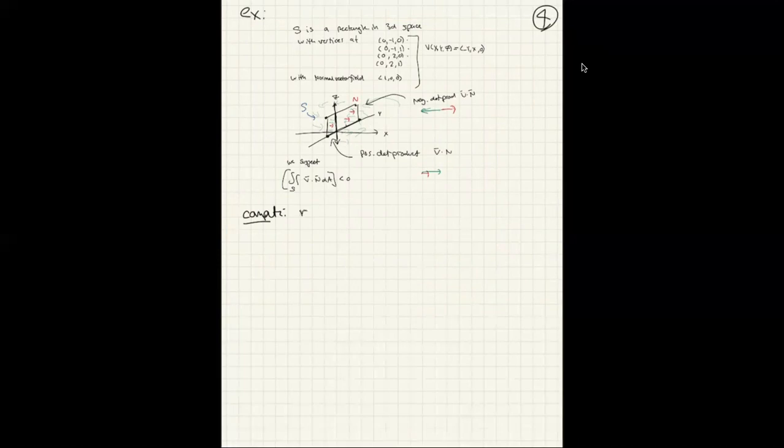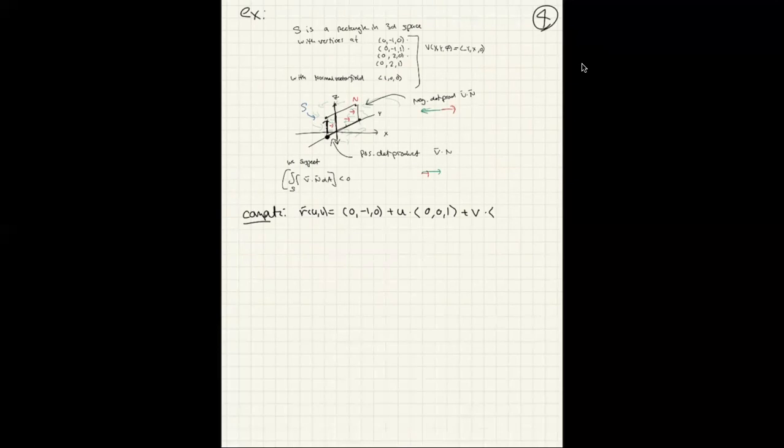So r of (u, v) should be, I'm going to start at that base point, which is (0, -1, 0), plus u times my vertical displacement vector, which is (0, 0, 1), plus v times the vector